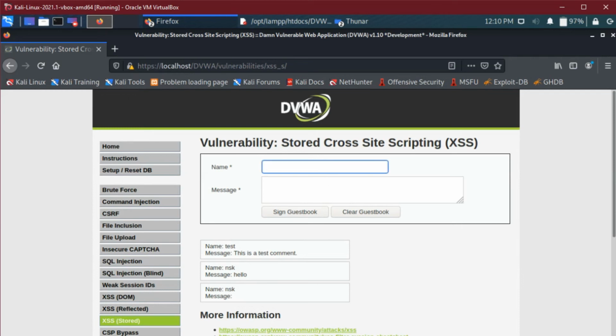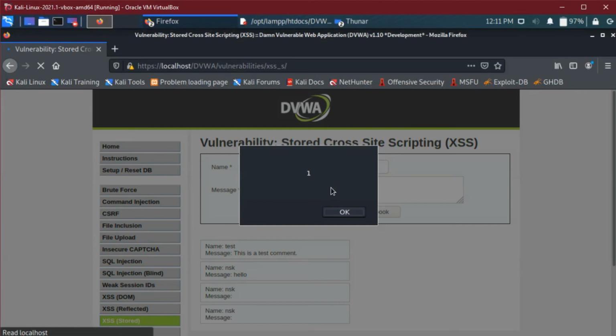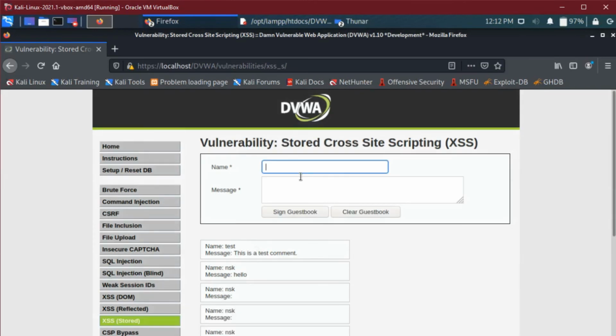So let's try again with NSK. I'm trying script alert 1, sorry, typing mistake, /script. See, it is the same script that was executed before, but instead of hacker, I type 1. So here I'm just showing 1. When I press sign, see, the pop-up appears. This is because, see, in this payload, I'm giving here a number.